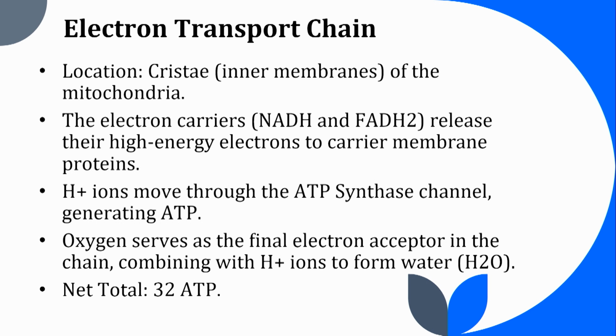This releases their high energy electrons to carrier membrane proteins. Okay, the hydrogen ions move through the ATP synthase channel, and that's going to generate ATP. Oxygen serves as the final electron acceptor in the chain, combining with the H ions to form water. Okay, and our net total here is 32 ATP. So just look at this bullet point right here where it says H ions move through the ATP synthase channel